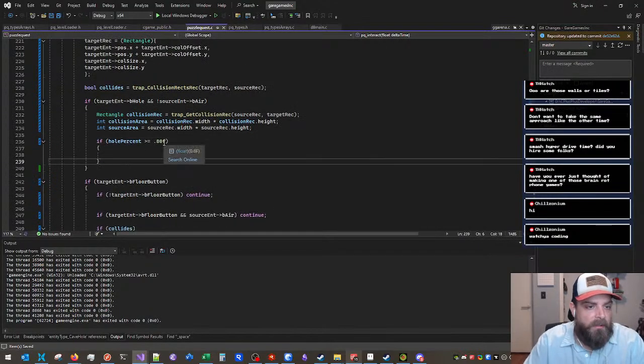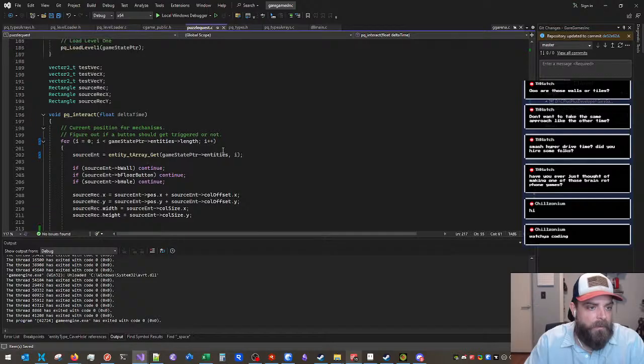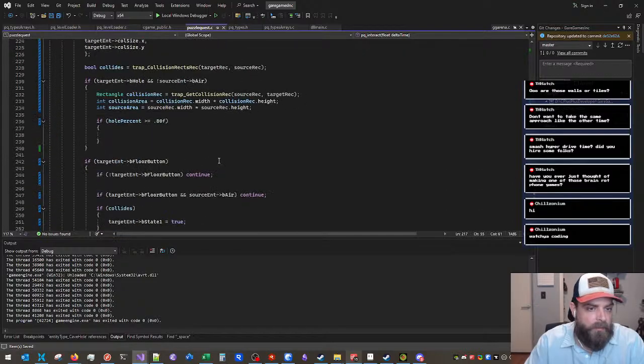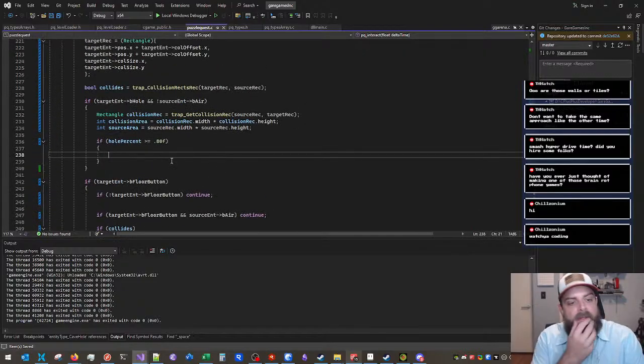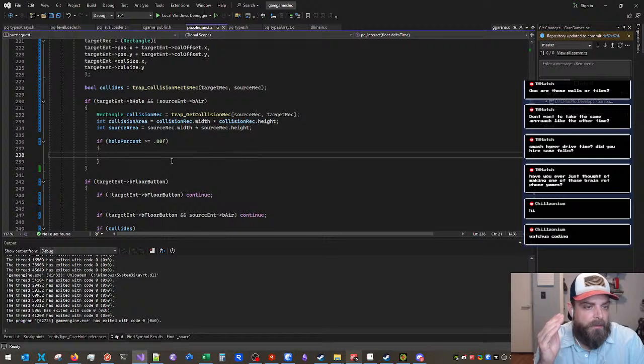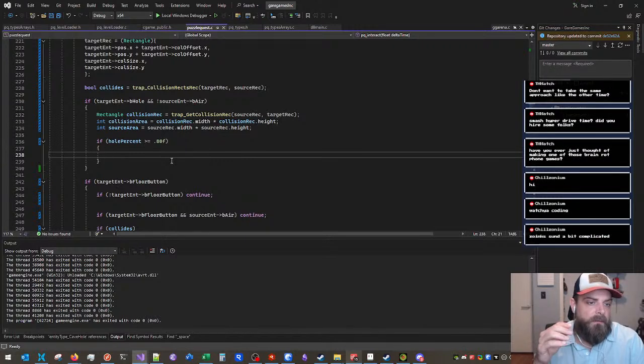Should probably add a flag for if the thing's dead or not, so I can at least have it ignore your input. Hole percent, collision source area. If the